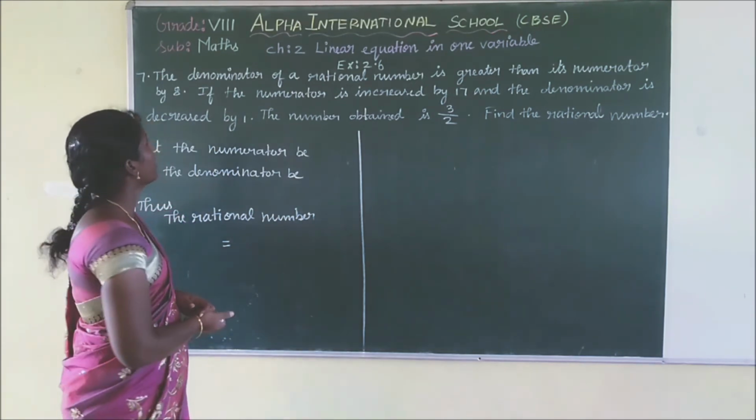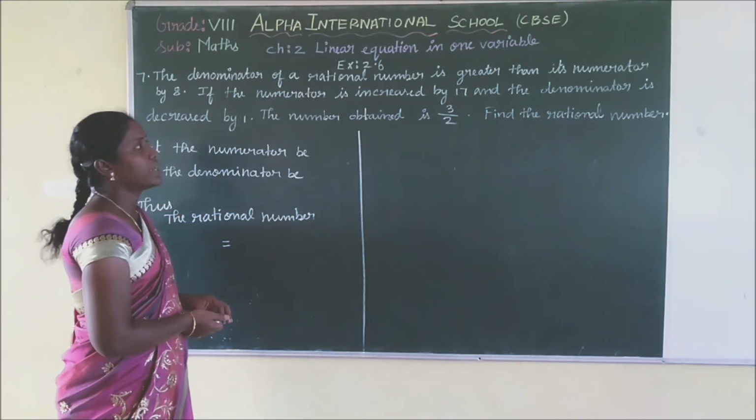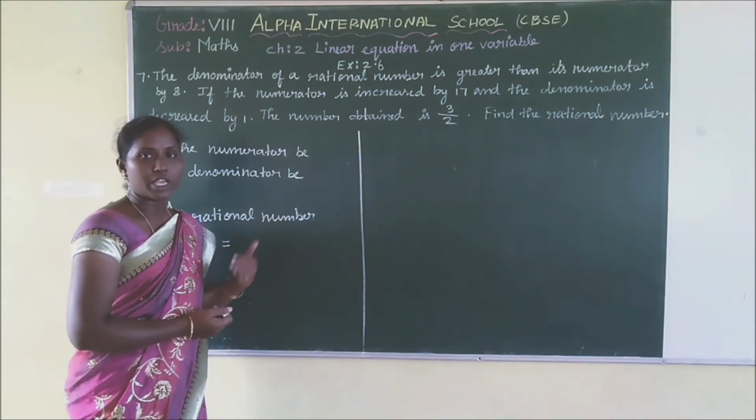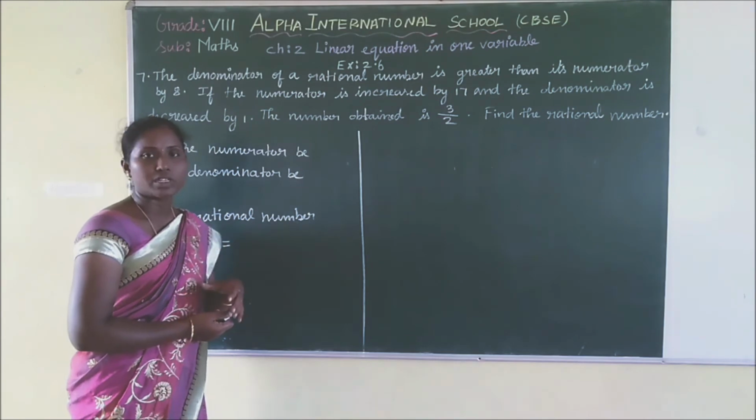What is the question here? The denominator of a rational number. What is a rational number? A rational number is in the form of p by q. The rational number is in the form of a fraction. So there will be a